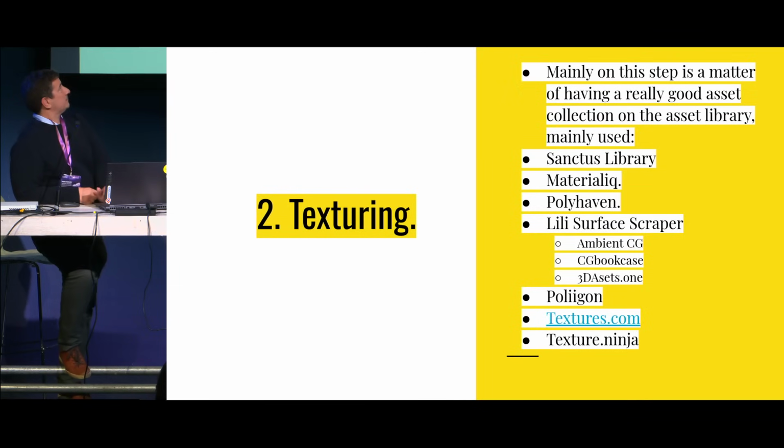Texturing. Well, like I always say, we are the worst in the CGI industry. We are architectural visualization, and we are not from this field, so we don't know how to texture perfectly or model perfectly. We just put things together to look nice. Then with time you learn some things, but it's super important to have a really good library of